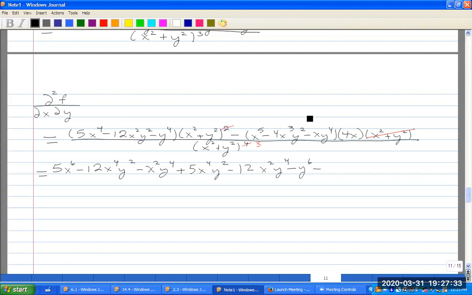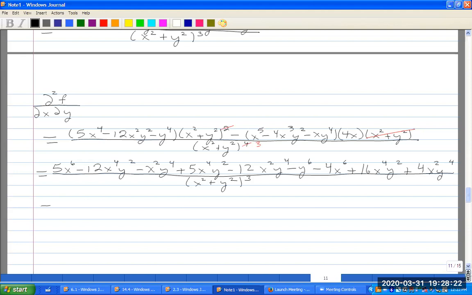Multiply everything by negative 4x: negative 4x^6 plus 16x^4y^2 plus 4x^2y^4, divided by (x^2 + y^2) cubed. So this is equal to,